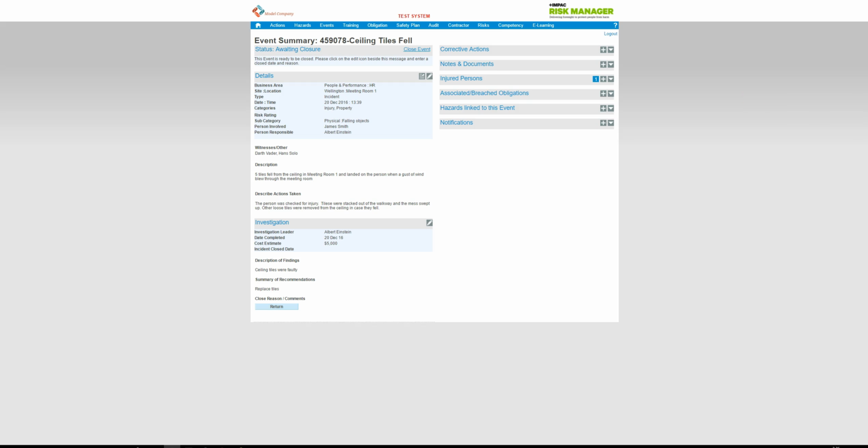Back in the summary page, we'd be looking again at the status. In this example, status is awaiting closure. The investigation has been completed, all the details have been typed in, and the date completed has been added. The next step is to close the event. And the event will be closed by the person responsible, and in this case the person responsible is Albert Einstein. To close the event, click the hyperlink,